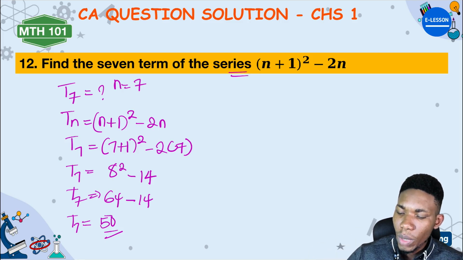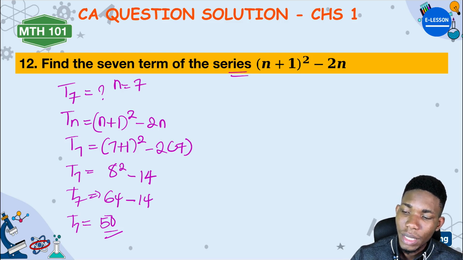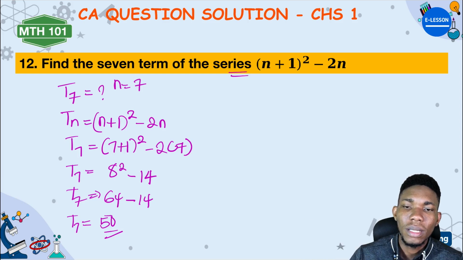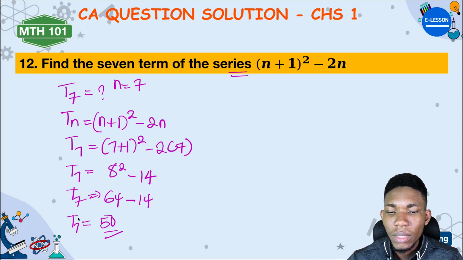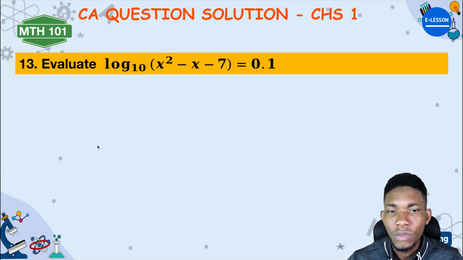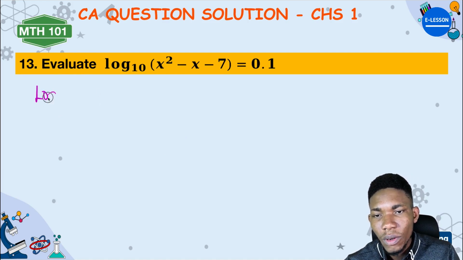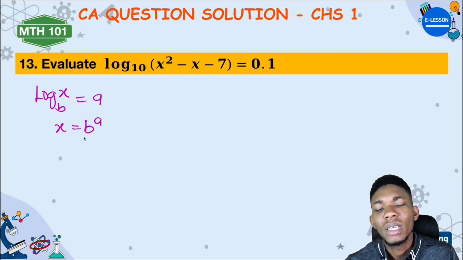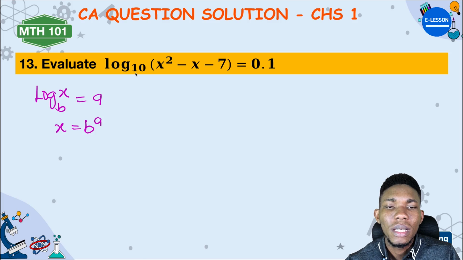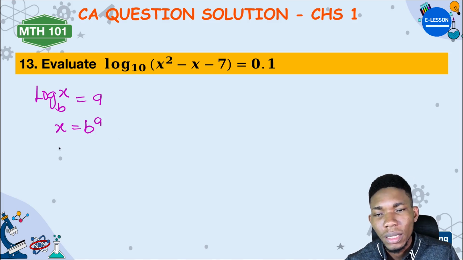The way they asked this question was not actually correct. It doesn't make any sense that way. Is that okay? Now let us see the next question briefly. The next question says evaluate this. There is a rule in logarithms that says if you have log of x to base b equals a, then x is equal to b to the power of a. So if you have log to base 10 of x squared minus x minus 7 equals 0.1,